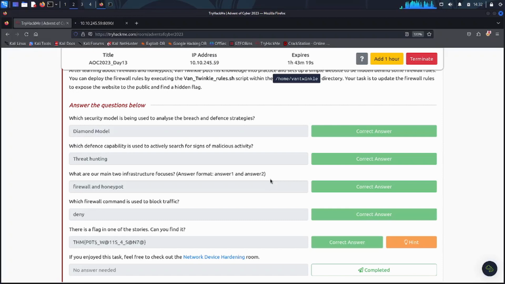So today's task was more theoretical. There was not so much practice in it, but again, you need to understand the theory because it's very important for intrusion detection, and it's going to be very helpful for